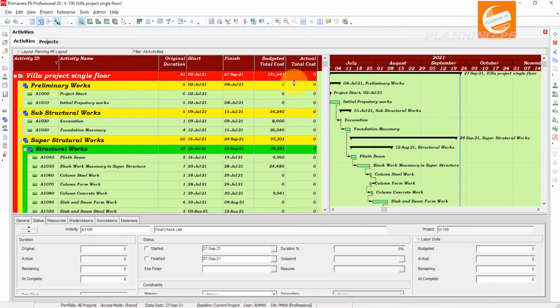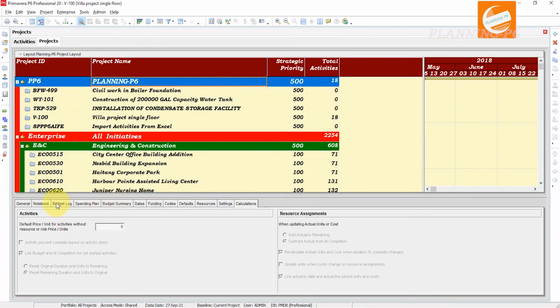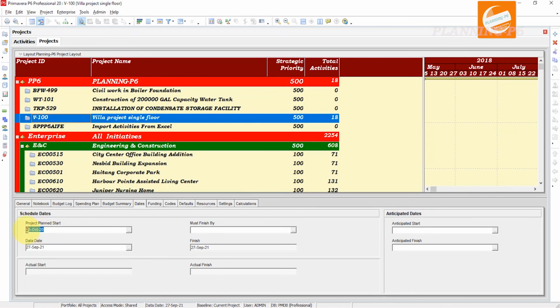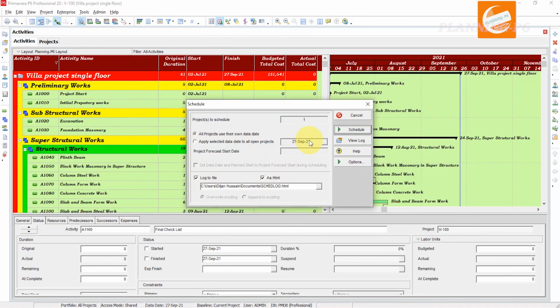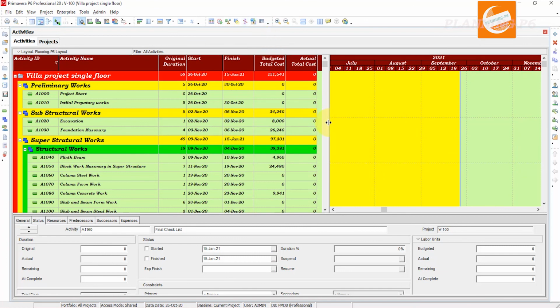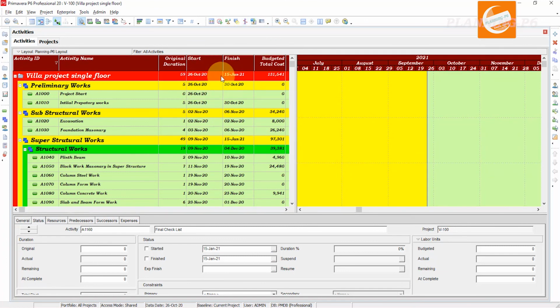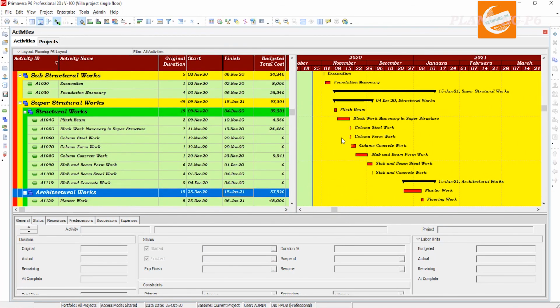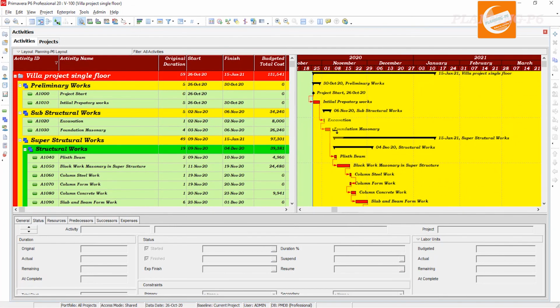And if we schedule our project, we will see the project date. Here click on the project and go to the dates. You can see the date, 26th October. We will copy that date, and go to the activities and schedule, and paste that date where you want to apply actuals and schedule. It will come to the date where the actuals, this one, to the original date as default.